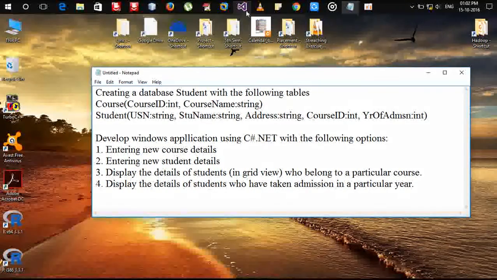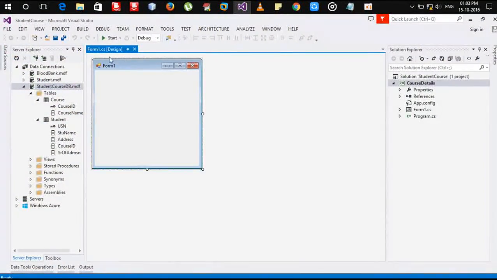Now let's open Visual Studio. You can see I've already